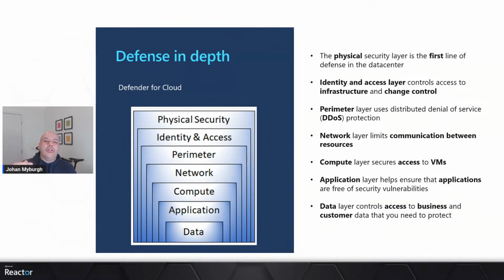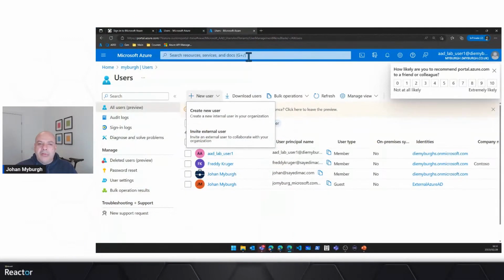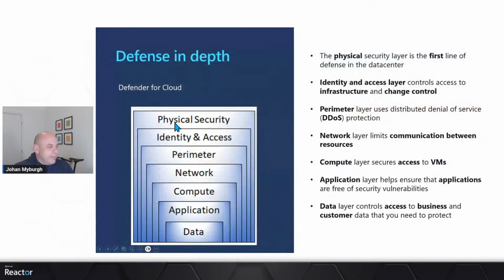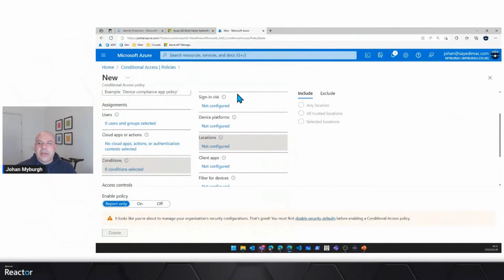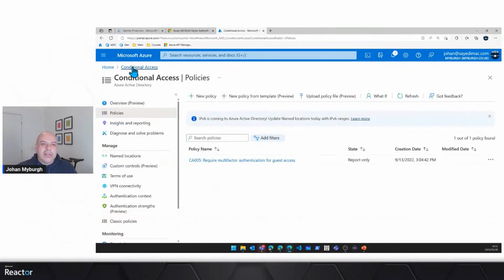But we include security at all of these layers, right? Not just at data center layer, but even at network layer, right? We've got network security groups at network layer. We've got perimeter protection with DDoS, etc. We've even got just-in-time access for compute, right, for virtual machines. And to this end, I would like to maybe just end off with a bit of an additional demo, if I can. So what I've got here is